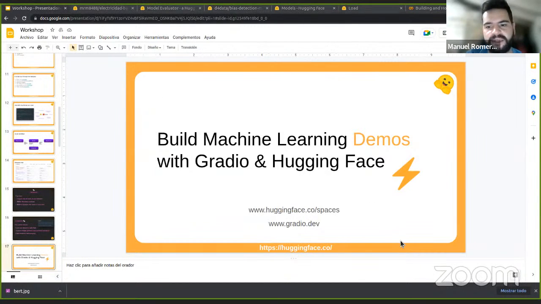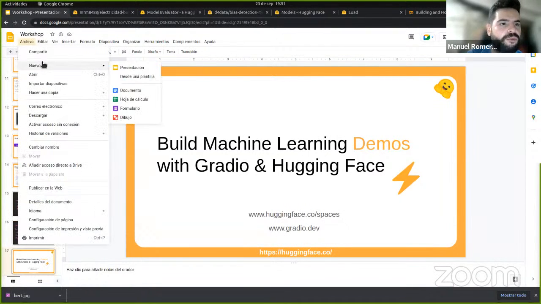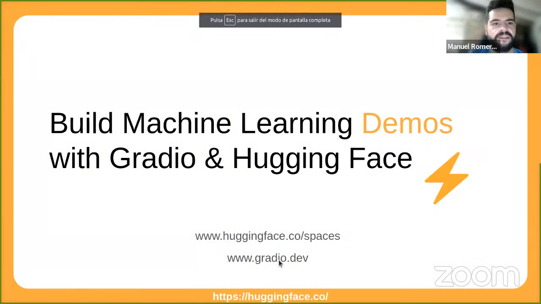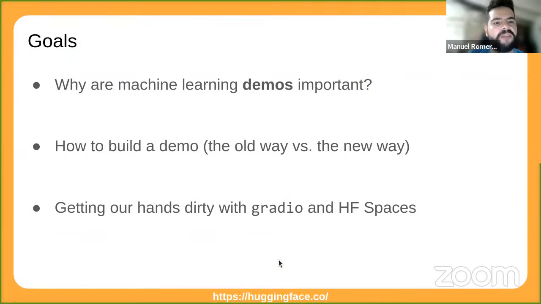So here again, if I share my screen, we are going to talk about Gradio. Why are machine learning demos important? It is quite important because if you have a model and you want to show it to the rest of the world, you will need a demo. You need a way to show your work, your model. We will see how to build a demo, the old way and the new way with Gradio. And of course, we will see some code about how to create a simple and easy demo with Gradio and